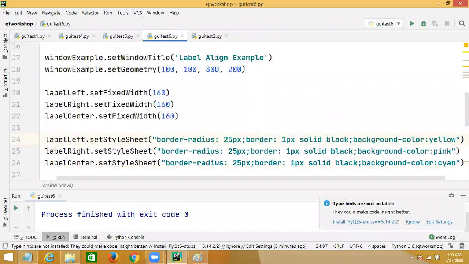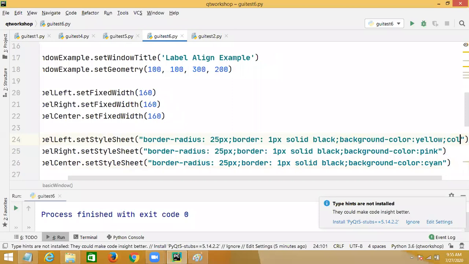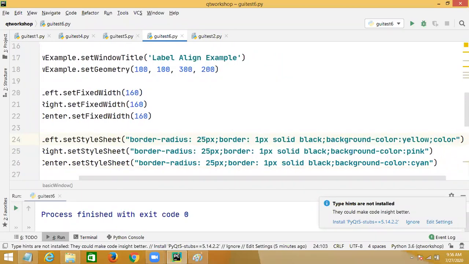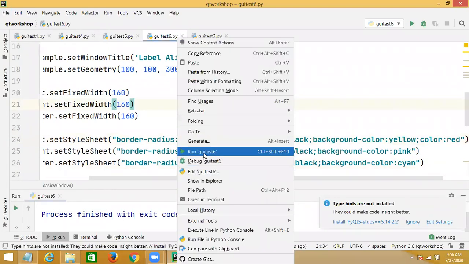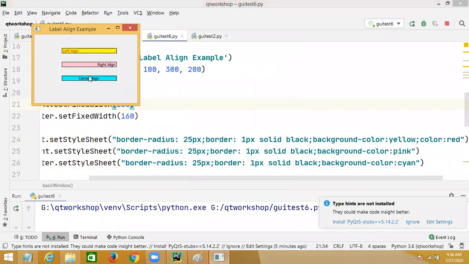Suppose I'm writing here, I separated this. I think there is a color, colon, I just gave red color. I just run this. So color is what now? Red.